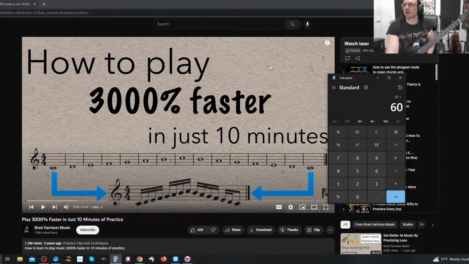So 100% would be going from 60 to 120. So 300% would basically be 60 times 3, so that's 180 beats per minute. That would be 300% because you're three times as fast.